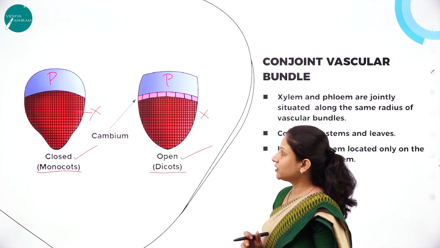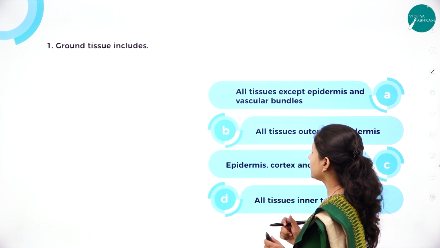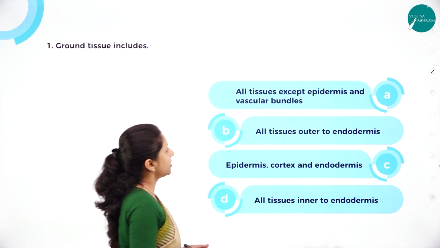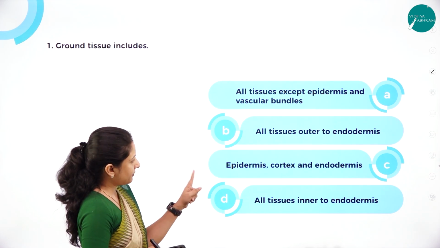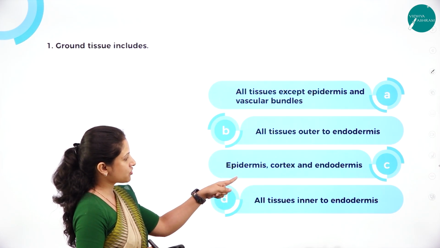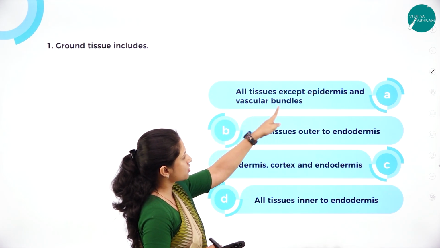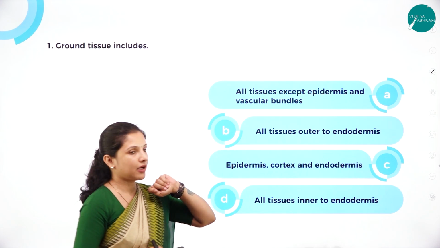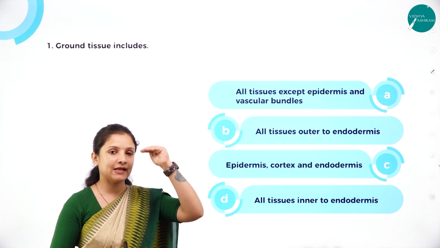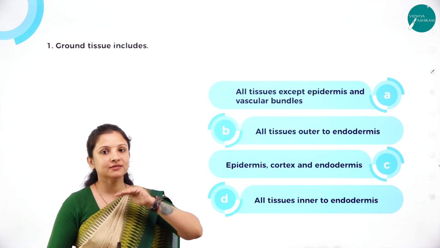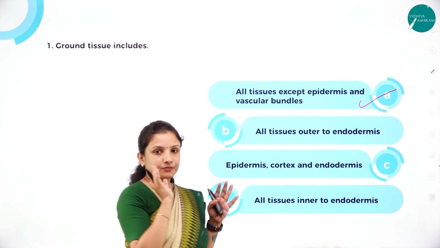Now we'll look into some of the MCQs that can be framed for this particular topic. Ground tissue includes: all tissues except epidermis and vascular bundles, all tissue outer to endodermis, epidermis, cortex and endodermis, or all tissues inner to endodermis. Here the answer is all tissues except epidermis and vascular bundles, meaning it contains only those tissues which are present between the epidermis and the vascular bundle. So option A is the right answer here, because